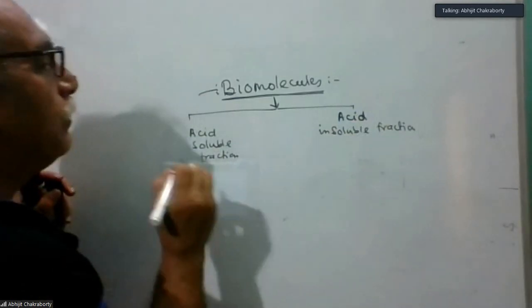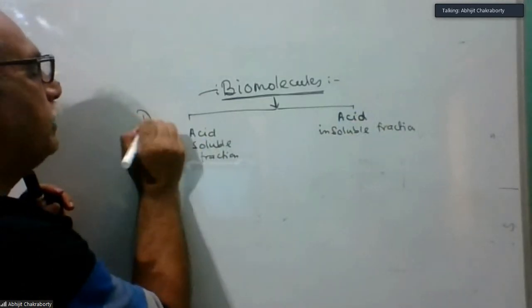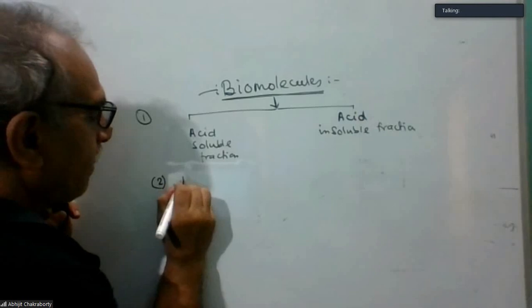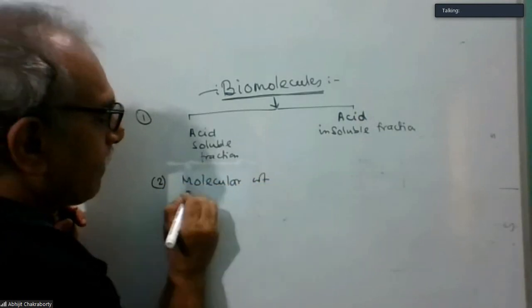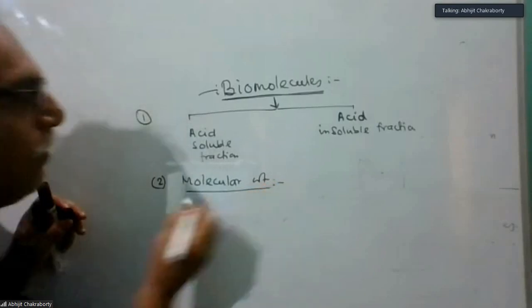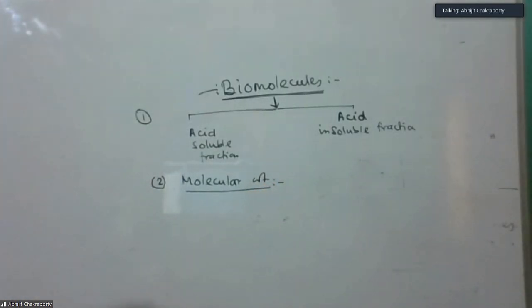This is the first point. The second one is molecular weight. Generally, if it is an organic compound, a biomolecule, it should be